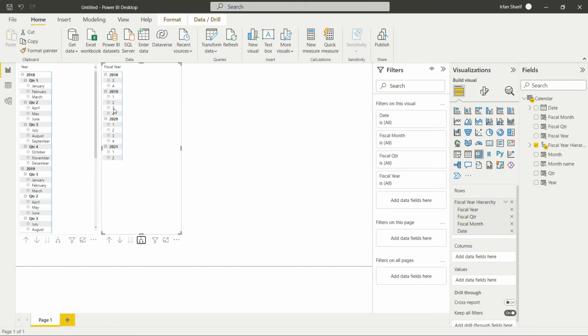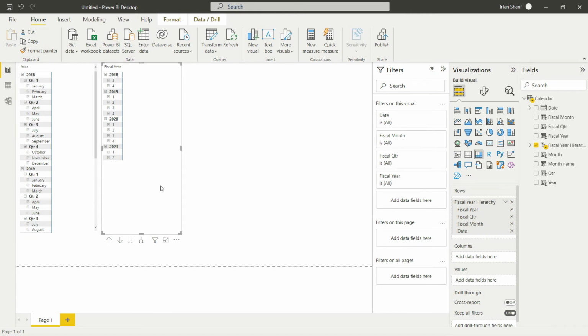In our data, the dates that we have just defined, the 2018 year was starting from the 1st of January, which means that the data available for fiscal year 2018 is only the 3rd quarter and the 4th quarter. Similarly, if we talk about 2019, that is the full year available, but if you look at 2021, there was no data in the table for 2021, but why is it showing up here? Because the fiscal year 2021 basically starts from the 1st of July 2020, so the first 2 quarters will be